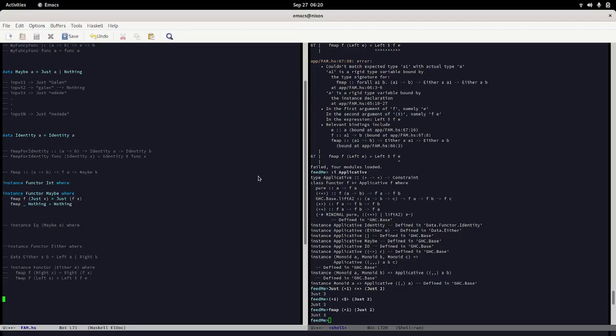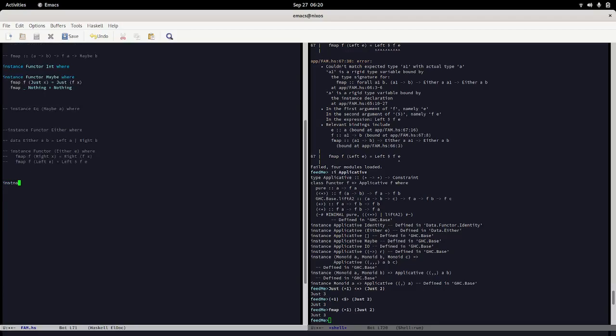But yeah, I don't think that's even necessary. So I'm just gonna jump right to Either. We have instance Applicative (Either a), where fmap, or pardon me, yeah, why am I blanking out? We have